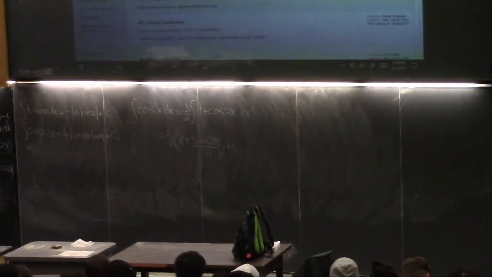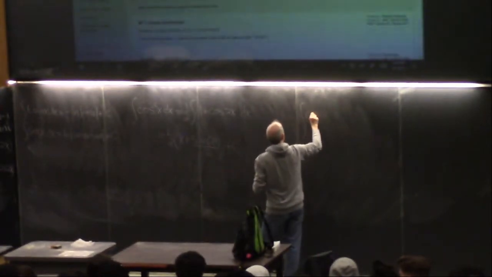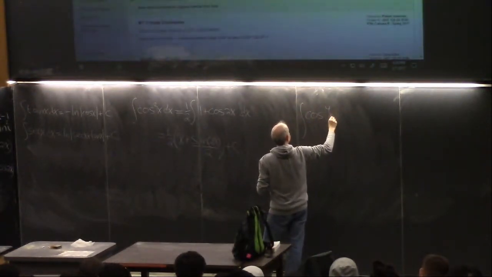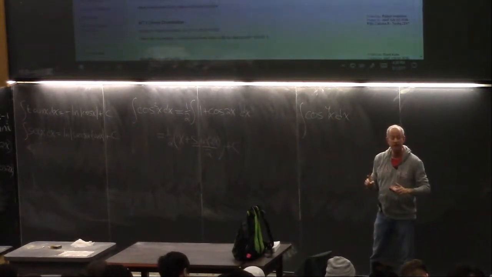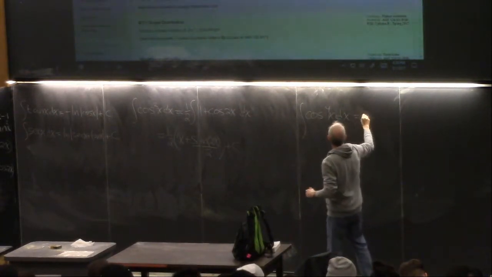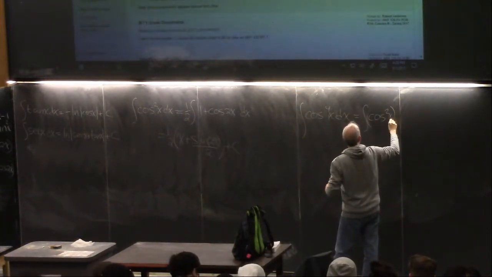All right. So now how do we make this more annoying? Sure, once you can do cosine squared, of course, you should be able to do sine squared. What if I gave you cosine to the 4th x? So this is the first one you get to do on your own. The way you're going to do cosine to the 4th, I'll give you the first step, is it's cosine squared squared.